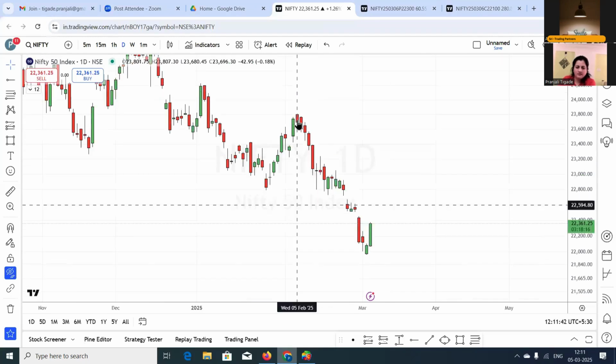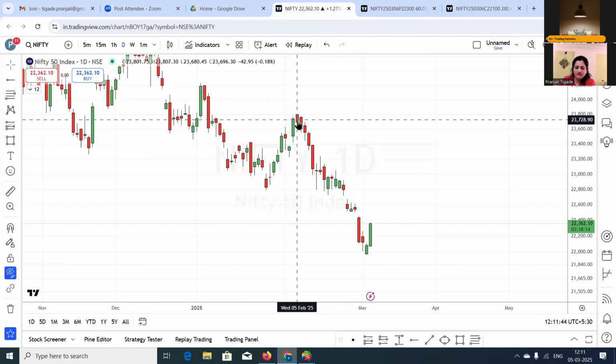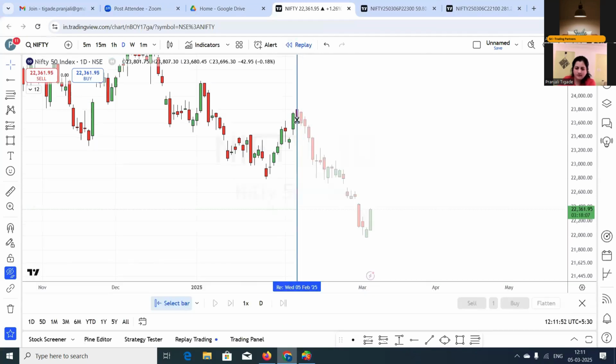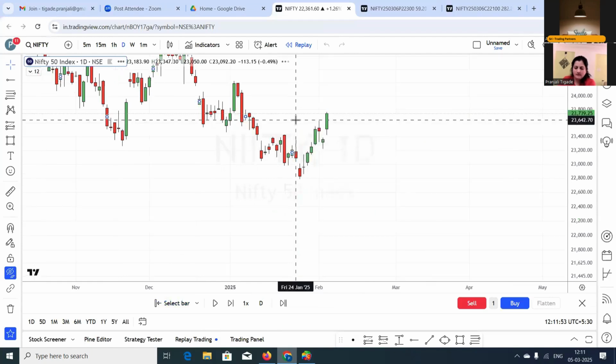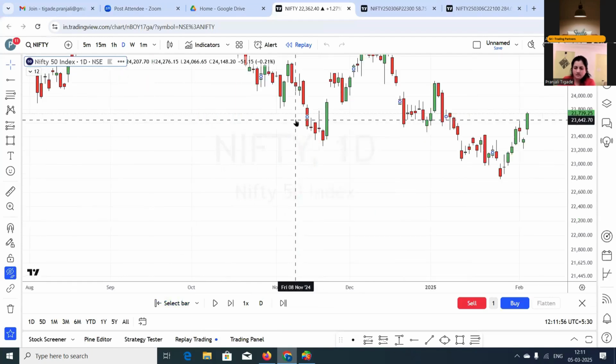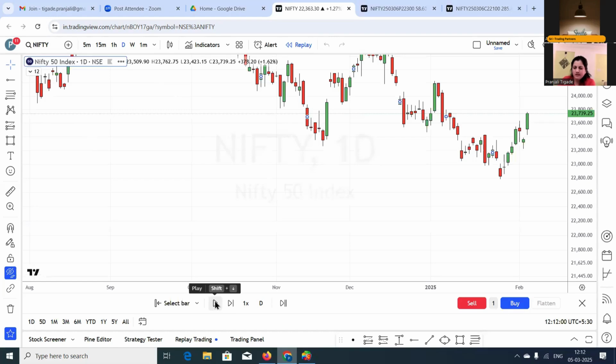For example, I want to replay the bars after 5th of Feb. Okay. Then I'll select the replay button. I'll select the 5th of Feb bar, and I will release the click. Okay. Then from here, I can play the replay bars.